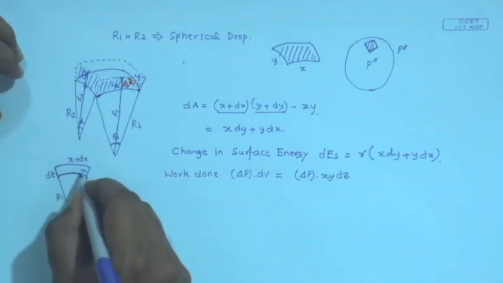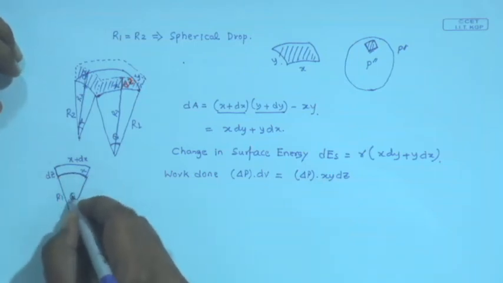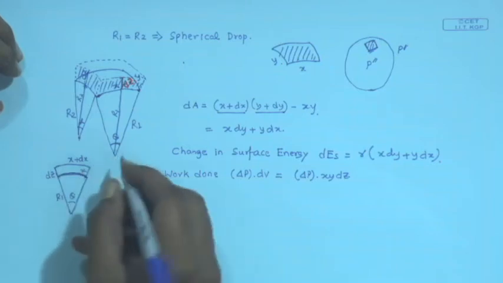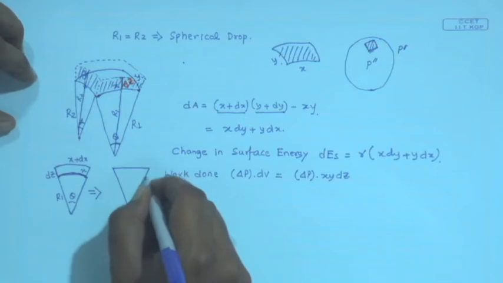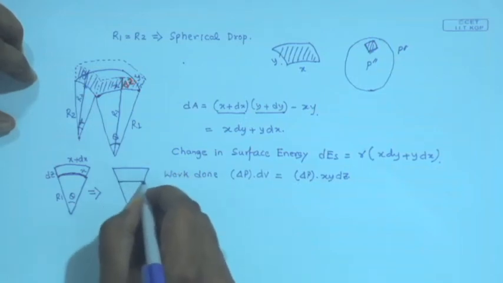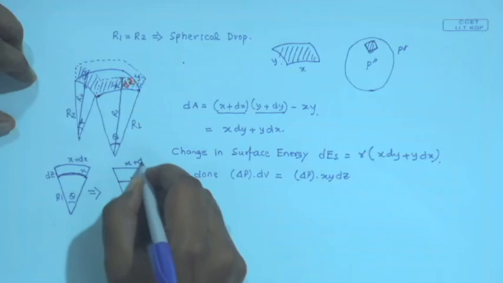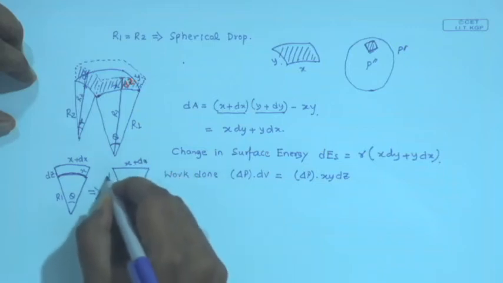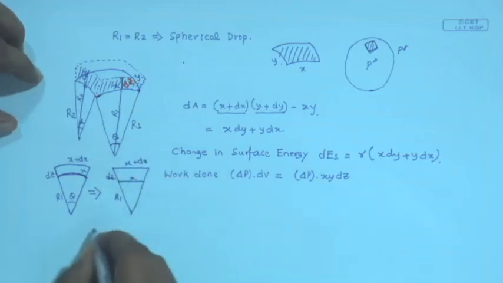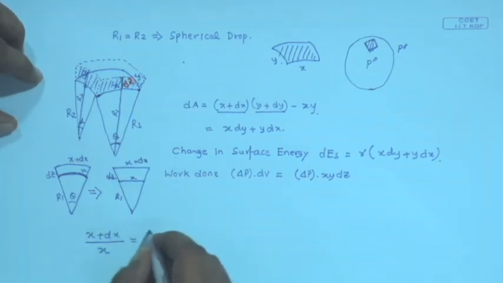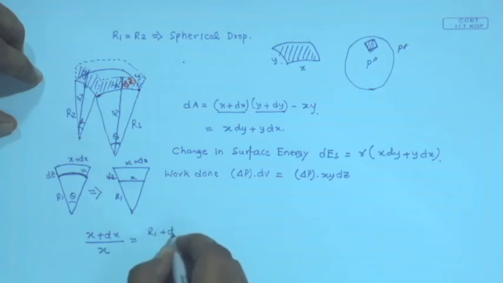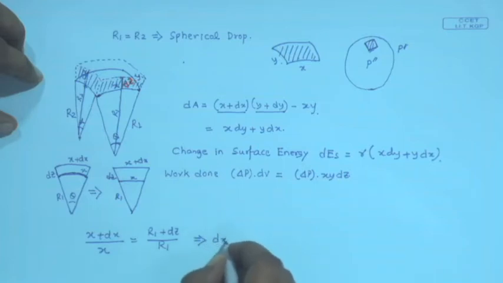We have already assumed that for very small values of theta, this segment is linear. So, if we consider that, this in fact turns out to be 2 similar triangles. And what we get, from the properties of similar triangles, is (x plus dx) by x is equal to (r1 plus dz) divided by r1, and from here we get dx is equal to x by r1